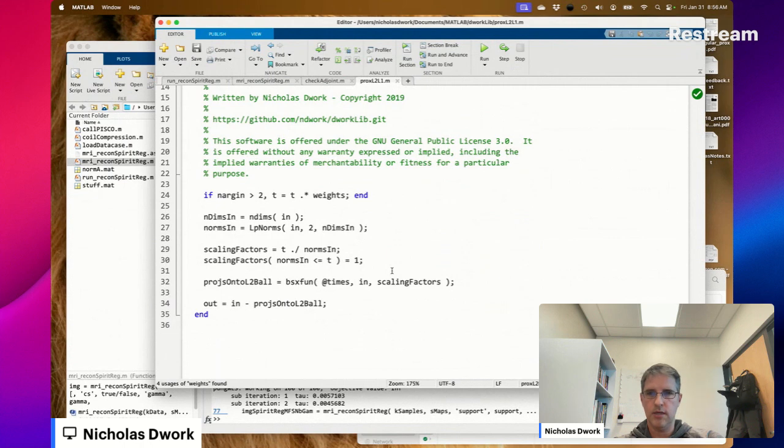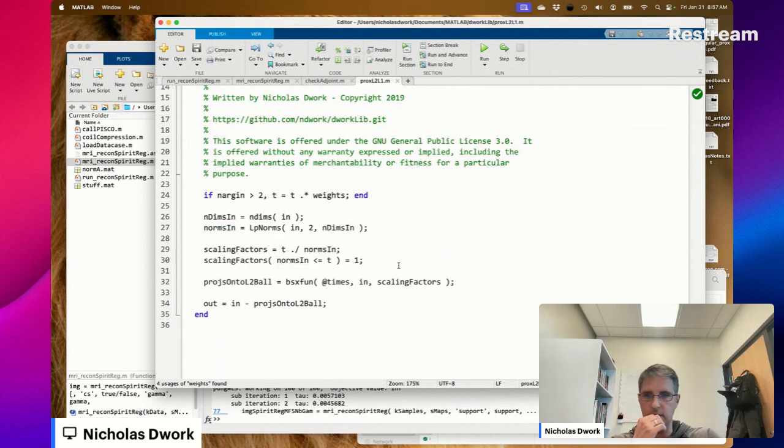Oh, goodness. I think this is a problem because norms in are going to be set to 0.